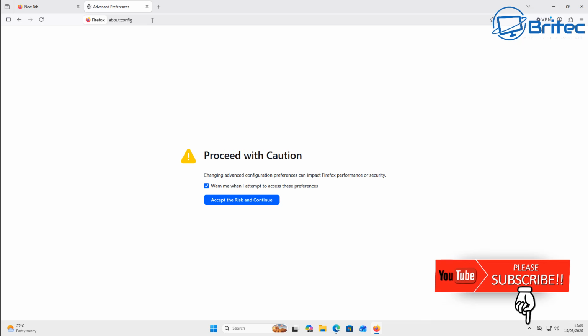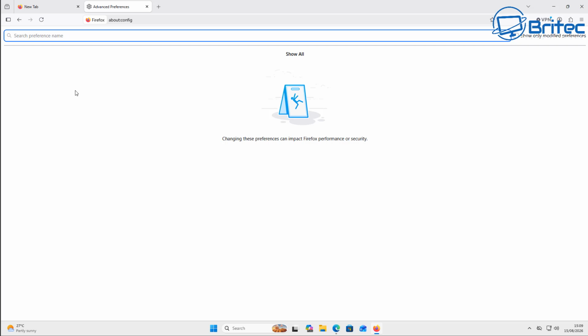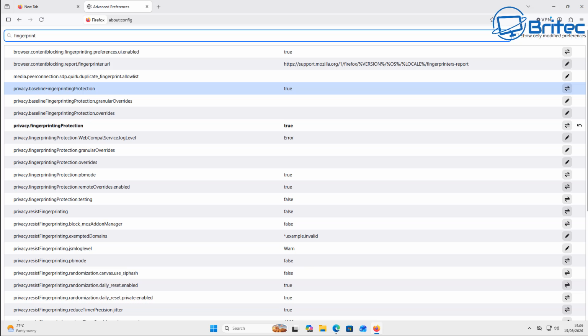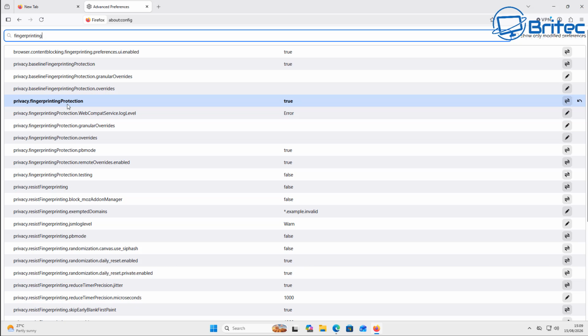Next, we got the About config. This also gives us access to a very risky area, but there is one final thing that you need to take care of inside here. And it's going to do with fingerprinting. And if you don't know what all that is about, you can do a search on the internet and it will tell you all about it. I'm not going to go into great detail in this video, but I'm just going to put fingerprinting right here, and you'll see that privacy fingerprinting protection is true. That means it's on, but there is one right here that you need to turn from false to true, and that is called